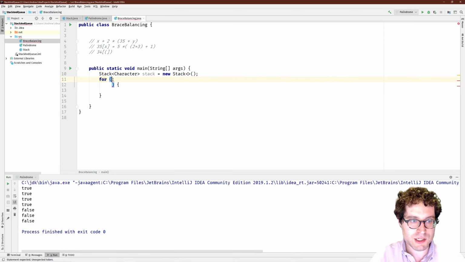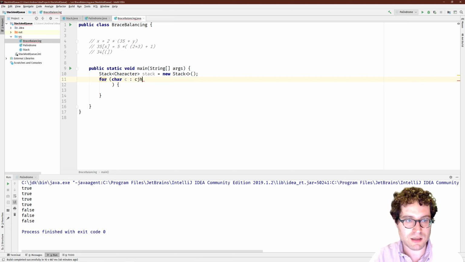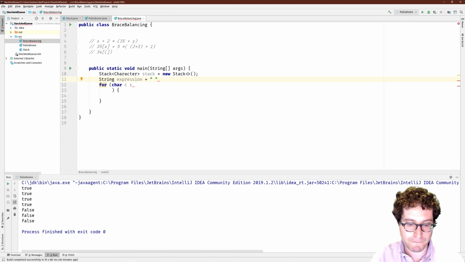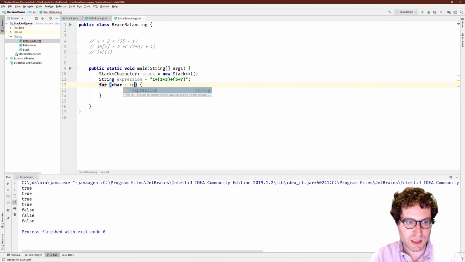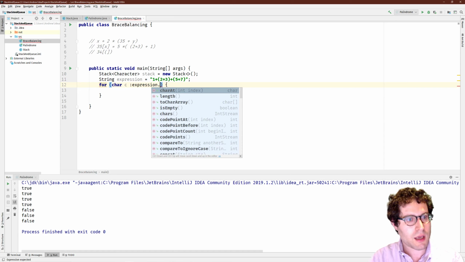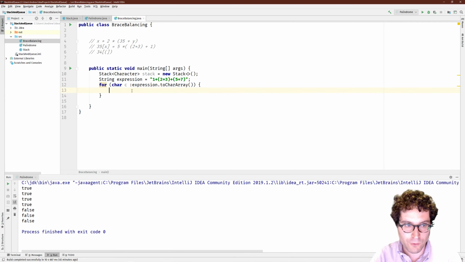So for each character, for each char c in the string expression, right, for every single character c in expression dot toCharArray, that will turn it into an array of characters. Now, for every character,